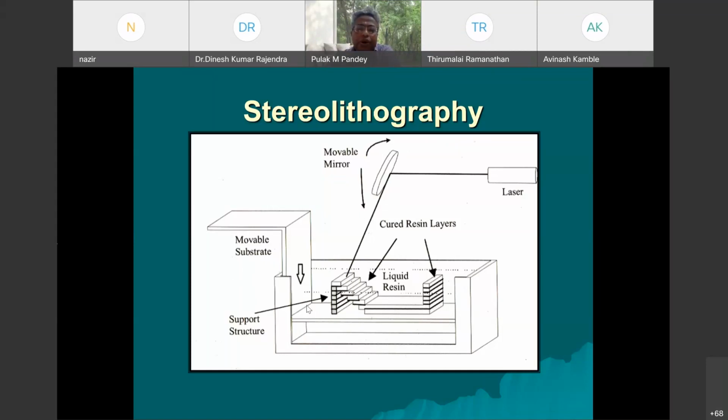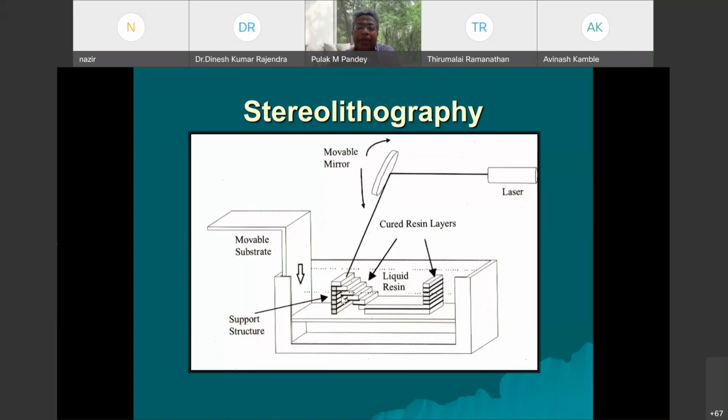and again you pour this liquid monomer equal to one layer thickness, and similarly the process is repeated. There's a laser and this movable mirror, which is actually a galvano mirror, a numerically controlled mirror. Once you have already calculated the information for this layer, based on that, this movable mirror rotates, and when this laser spot moves on the layer, the material is polymerized and you get the hard